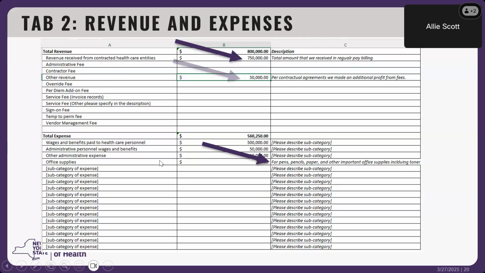One thing we do ask though is that you do include some descriptions of the revenue and expenses as needed. So for instance, if there's something under other revenue that someone outside of your organization has no context of what that information is, please provide a description that explains what those charges are for. That way, if we do have questions, it'll be a lot easier for us to just go back to your description and review. Otherwise, we may have to send the report back to you to ask for a better explanation of what those expenses or revenues breakdowns were.